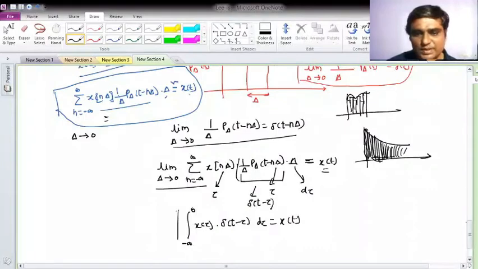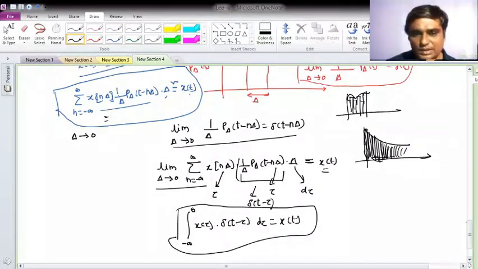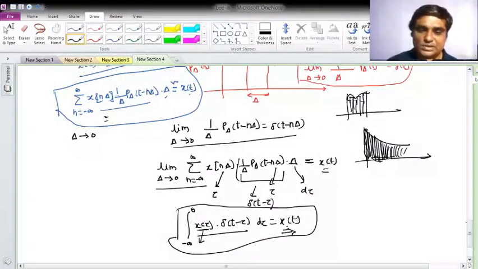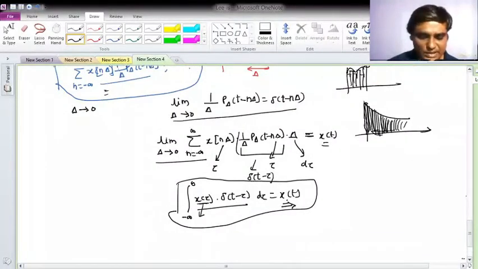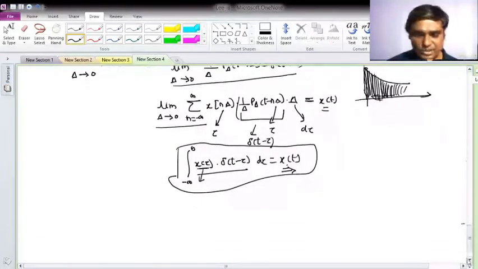So with this, we have approximated x of t accurately by the use of the multiplication of x of tau. X of tau is your scaling value, which is the amplitude at tau, and it is multiplying with delta of t minus tau. So this way, by the use of the impulse function, we can approximate any arbitrary function exactly. So that is why the impulse function is very important here.